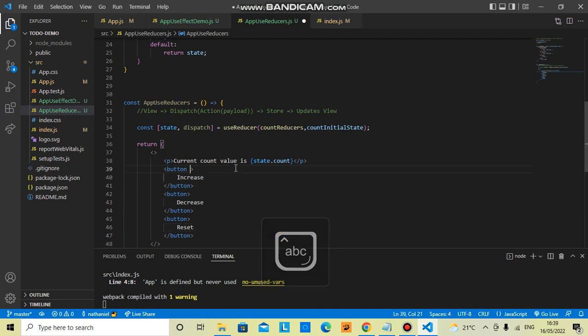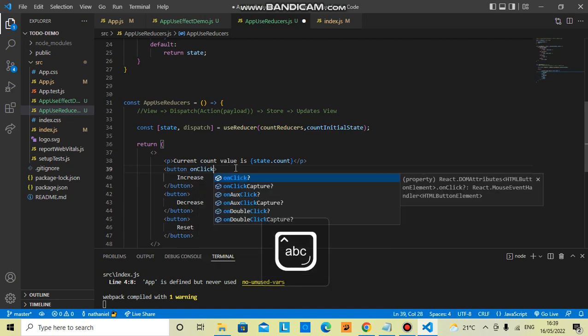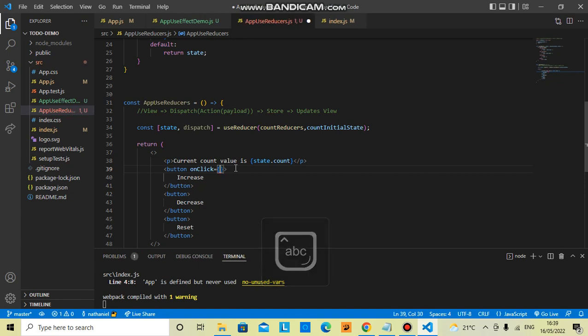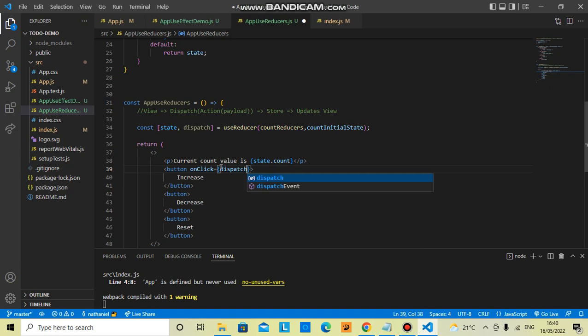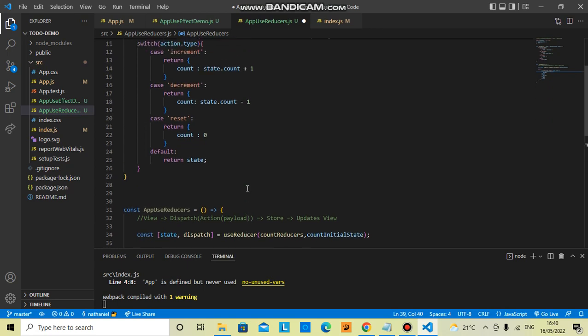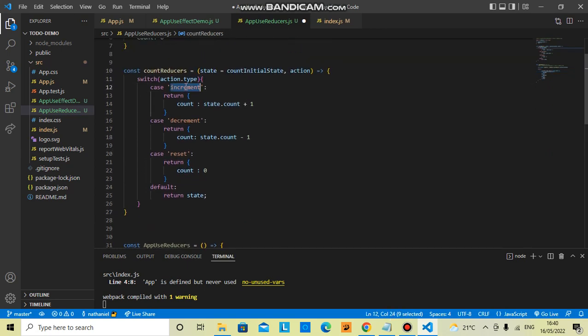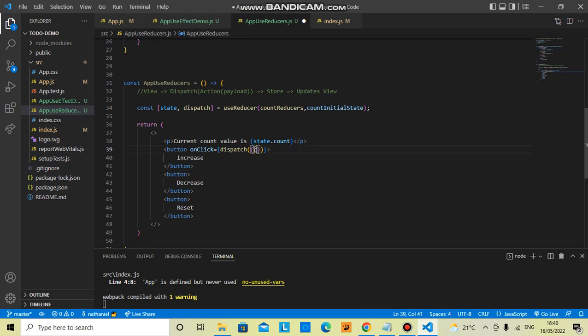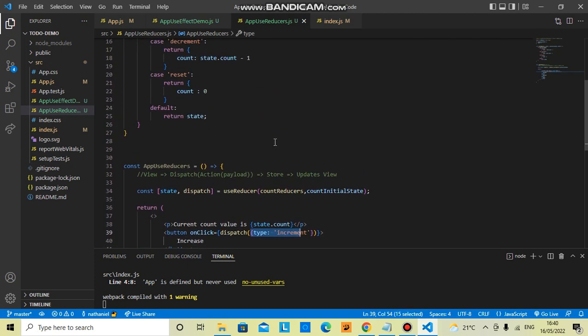Okay, so the button will have an on-click handler, and then the view has to dispatch an action. So we call the dispatch. So the action. What actions do we have? We can see that we have action.type, we have increment. So we just say type is equal to increment. It means when this button is clicked, this type increment is sent or dispatched to our store,